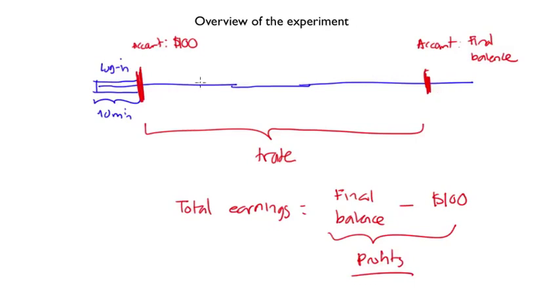Now, let's talk more about the structure of the trading session. Basically, the experiment has 6 identical rounds of trading. Let me call them round 1, round 2, round 3, round 4, round 5, and round 6. These are identical. These are 5-minute trading rounds followed by a 1-minute wait period, and that happens every round. Now let's describe in detail what happens in every trading round. So let me draw the timeline of a trading round like that, where the first part is a trading period and this is the wait period